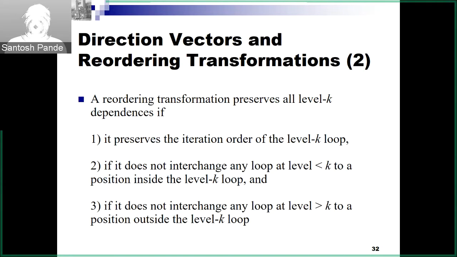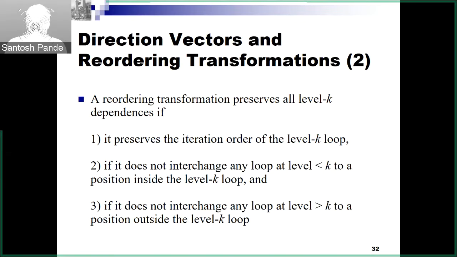A reordering transformation preserves all level K dependencies if it preserves the iteration order of the level K loop, and if it does not interchange any loop at level less than K to a position inside the level K loop, and if it does not interchange any loop at a level greater than K to a position outside the level K loop. So what it means is this, that we got to make sure that